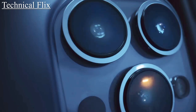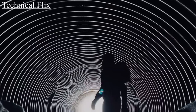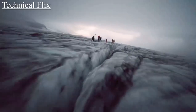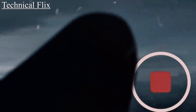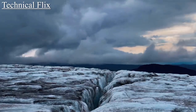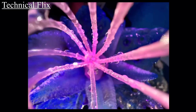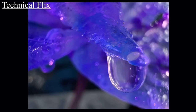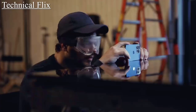new wide and ultra-wide cameras let you capture incredible scenes in even lower light. The new telephoto camera has 3 times optical zoom for even closer close-ups. Discover a new world in macro with the ultra-wide camera. And upload and download faster on the go with 5G. The superior durability of ceramic shield means iPhone 13 Pro is ready for any shoot,